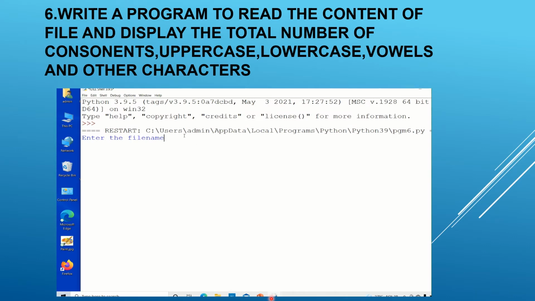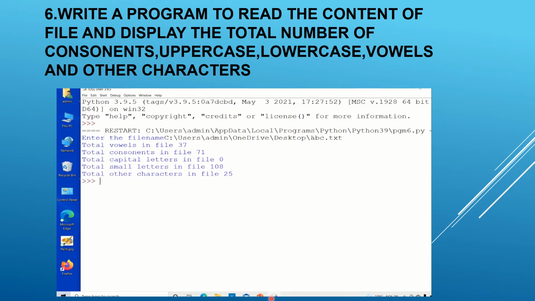So let's enter the file name, abc.txt. So these are the number of vowels, consonants, capital letters, small letters in a file, and other characters also. So this is the way you find it.